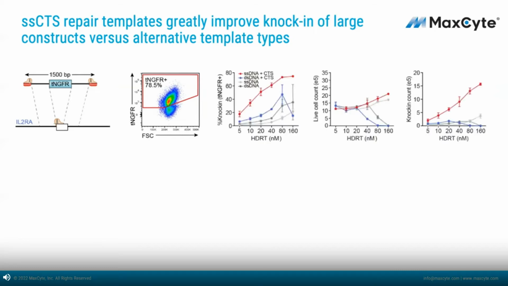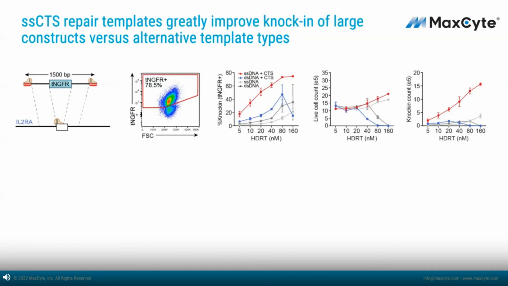And importantly, not only was the knock-in efficiency higher compared to the double-stranded approach. So with the double-stranded approach, you're capping out around 40 to 45%, whereas with the single-stranded approach, you're up to over 70%. We can see that at these higher concentrations of the HDR template, we are maintaining significantly more live cells. So we are able to avoid the toxicity of the double-stranded DNA CTS template, while even improving further on